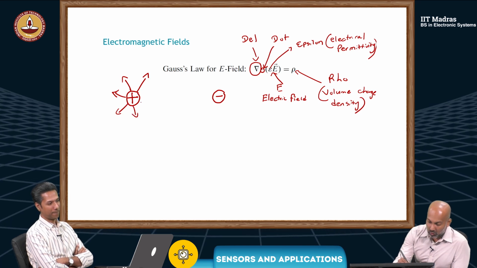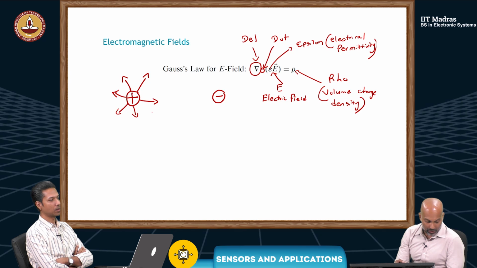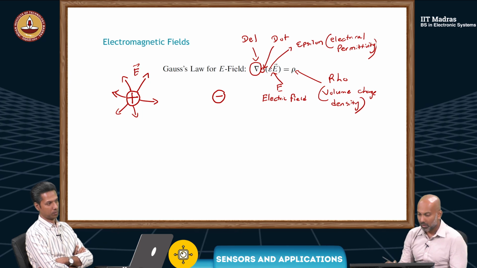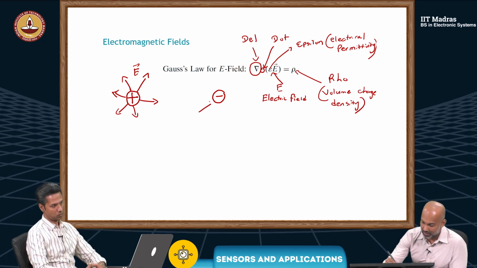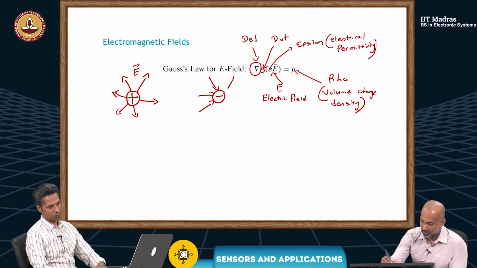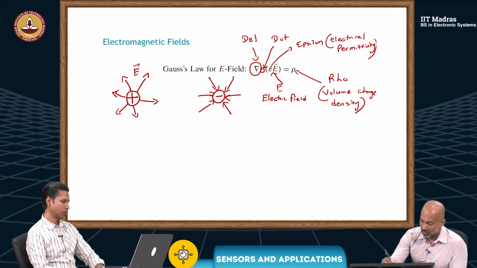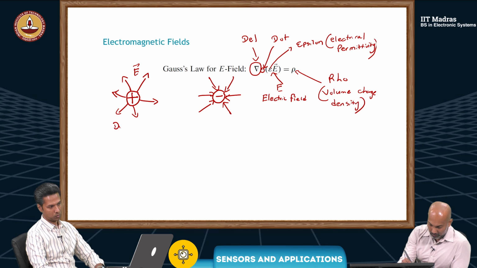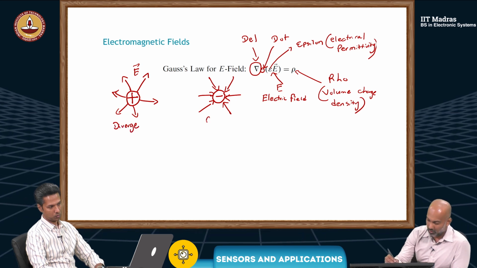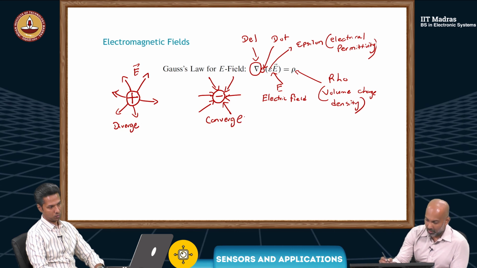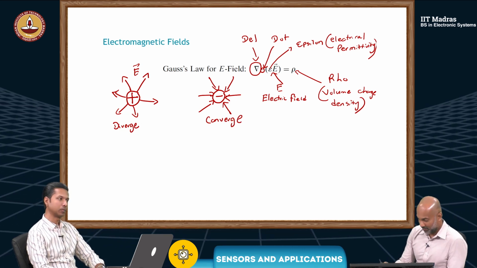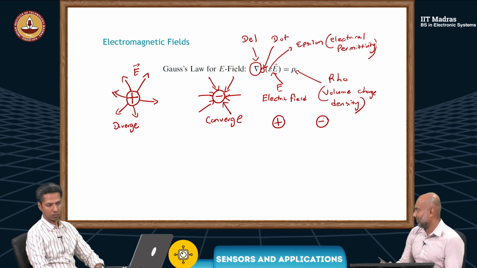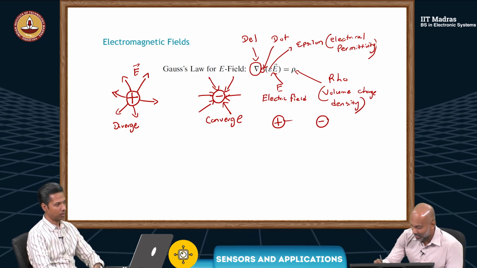So you see that these electric fields diverge from a positive charge. Electric fields are diverging out from a positive charge. But if you look at a negative charge, what you see is they converge. So they diverge and they converge. Now, if you bring a positive charge close to a negative charge nearby,